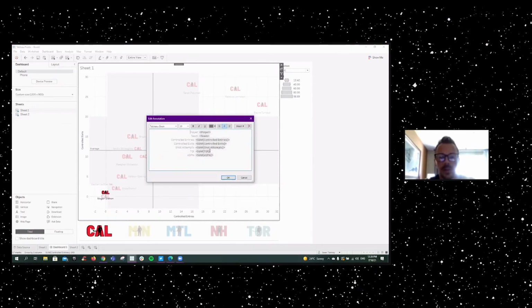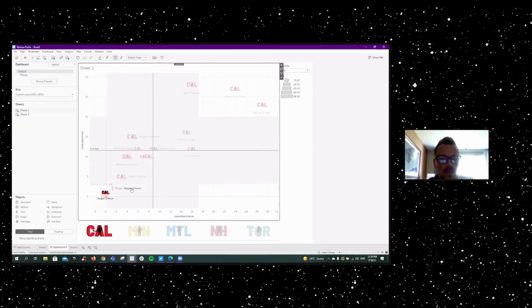I just want player so that it matches the labels for everyone else. So I'm going to delete all those possible options that I have loaded. Now it will give me the label for just that player. I don't want it in the way, so I might move it to here. Great. So now we have the label for that one,